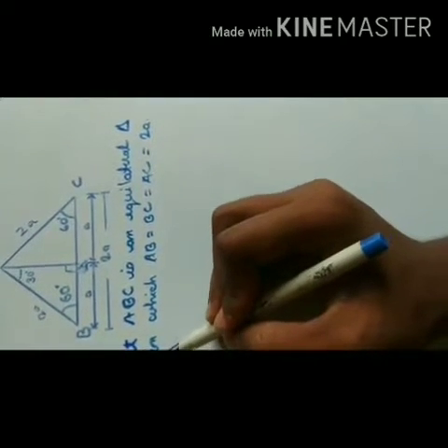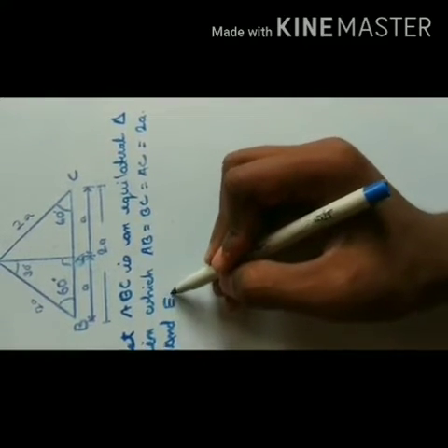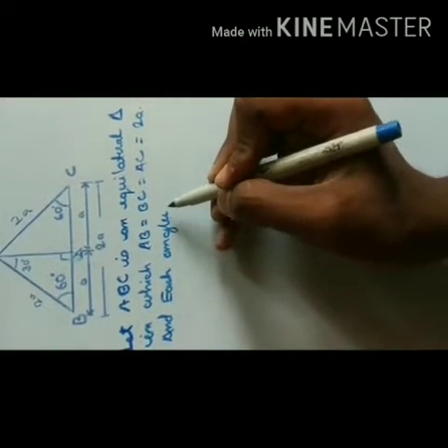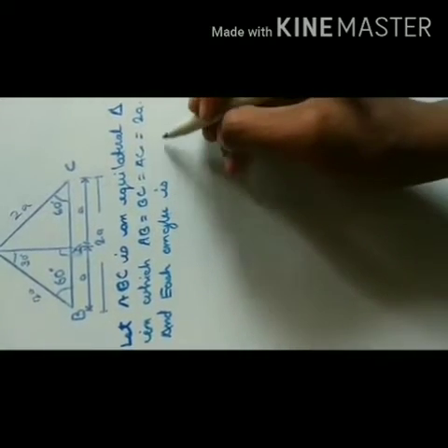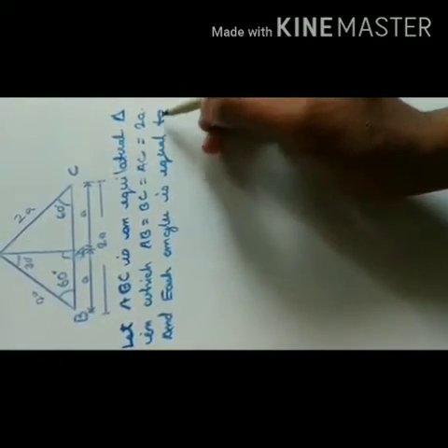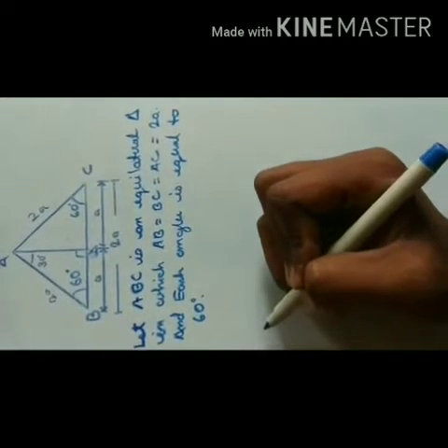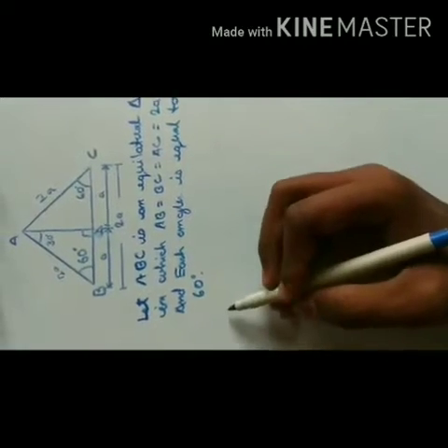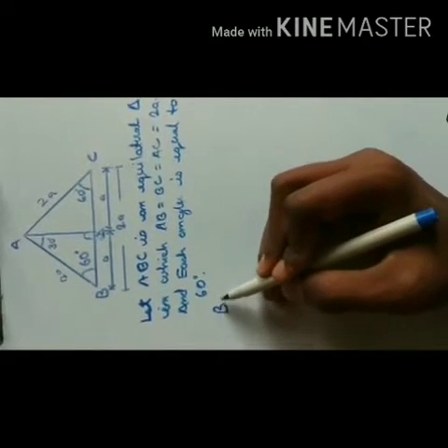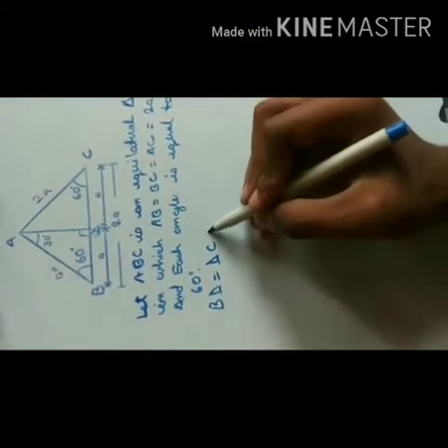and each angle is equal to 60 degree. Now write down BD equal to DC equal to A,